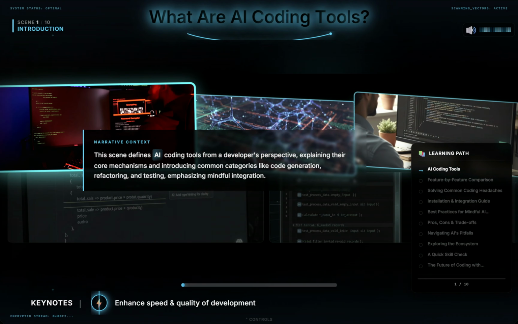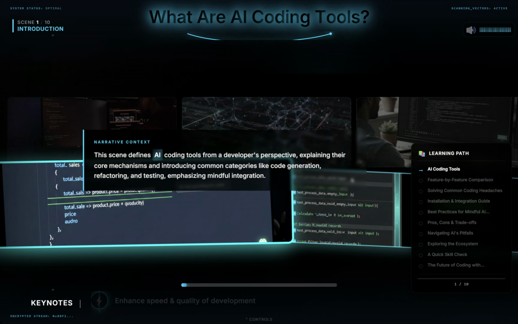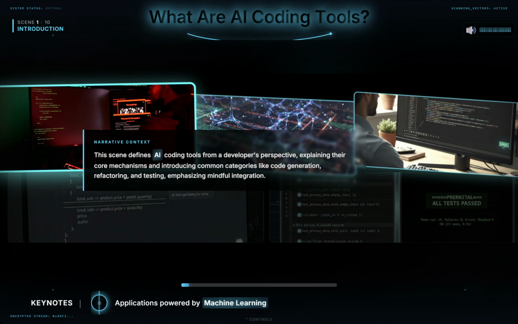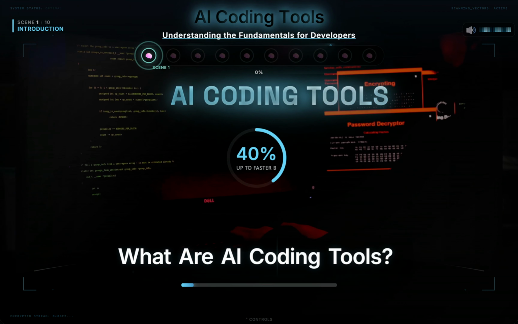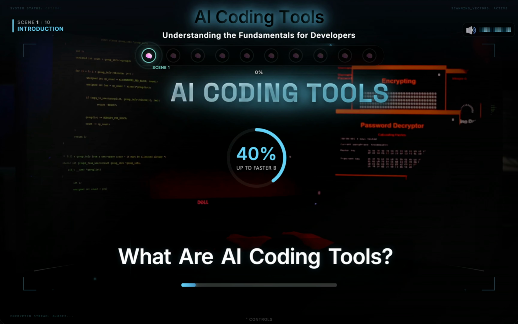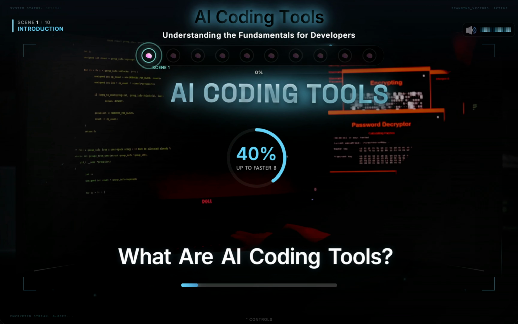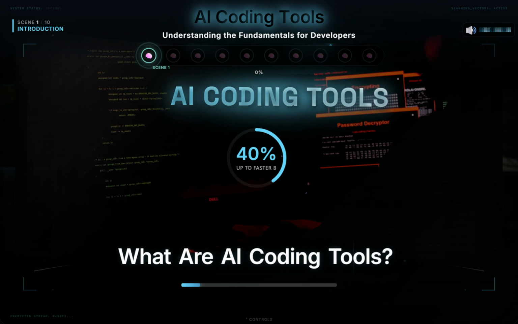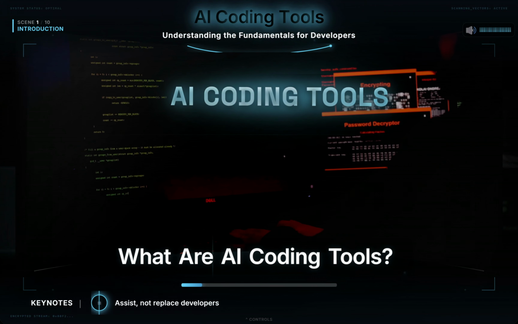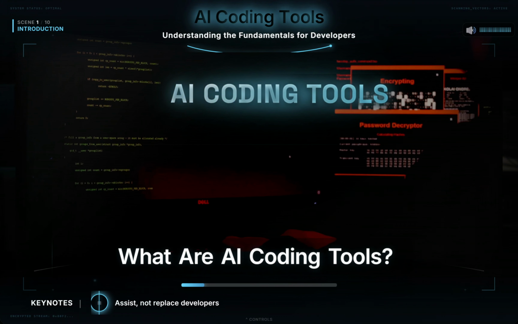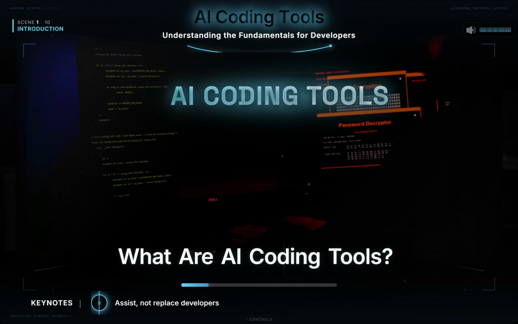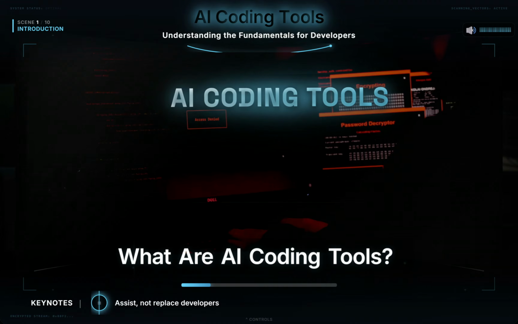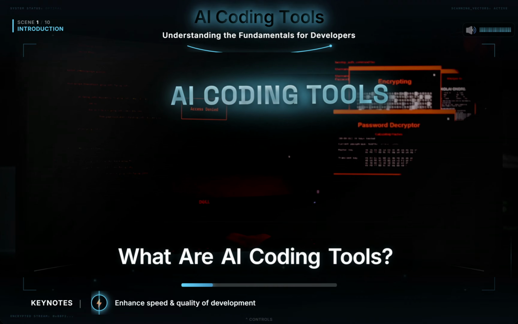Today we're cutting through the hype and getting down to the practicalities of AI coding tools. This isn't about replacing us or handing off our entire project to a black box. It's about giving us new, more efficient tools for our belt. Think of it like choosing the right specialized wrenches and power tools for a complex engineering project. You're still the engineer, you still understand the blueprint, but now you have instruments that allow you to build better, faster, and smarter. Our goal here isn't to outsource the work, but to understand these nuances so we can truly